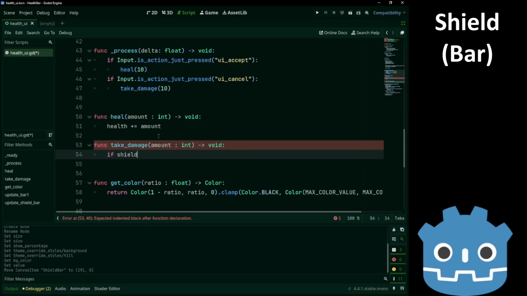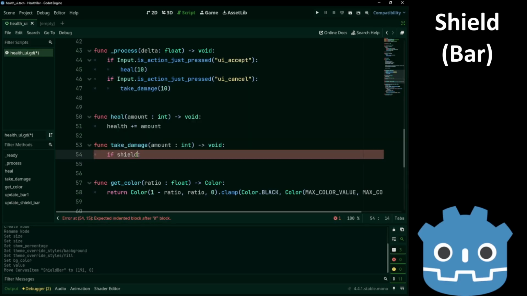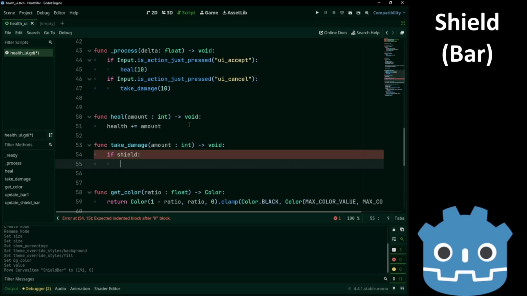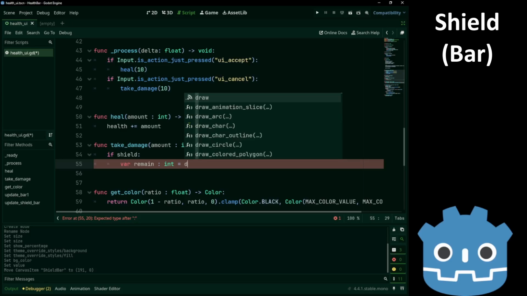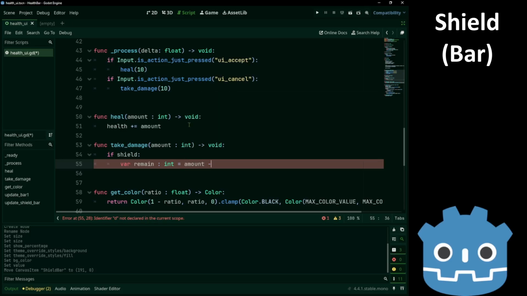If shield, that is the same as saying if shield is not 0, var remain is equal to amount minus shield.